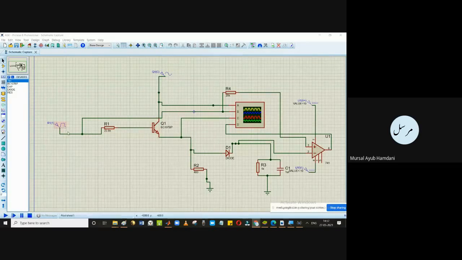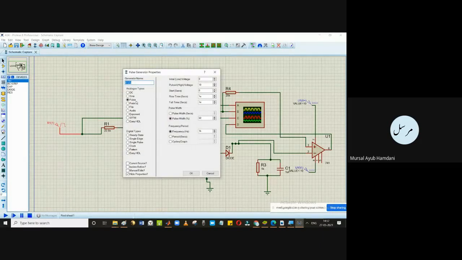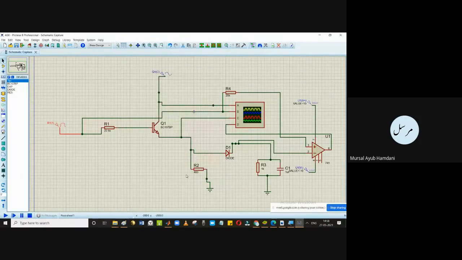Then the input modulating signal that you have to give is here: pulse value of 10 volt, pulse width of 50 duty cycle, and frequency of 1 kilohertz. This is to explain the things. Don't worry, sir, you will be asking us assignment in these things. Just relax and understand. I'll share these things with you. If you are interested in hardware, you can build a simple ASK modulator.